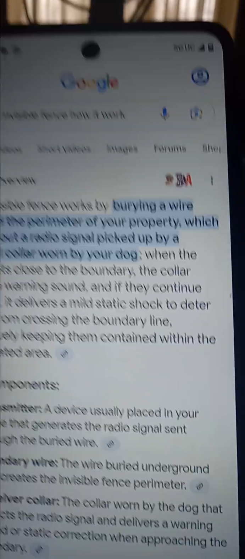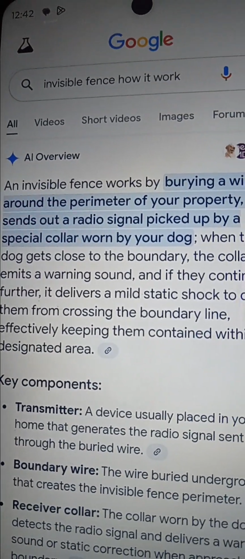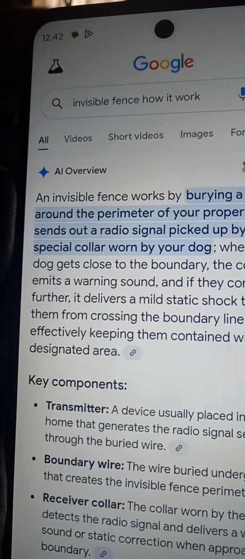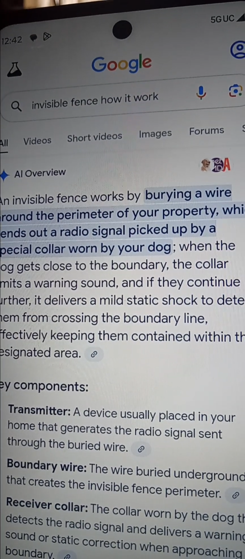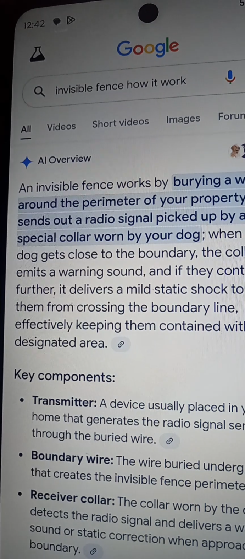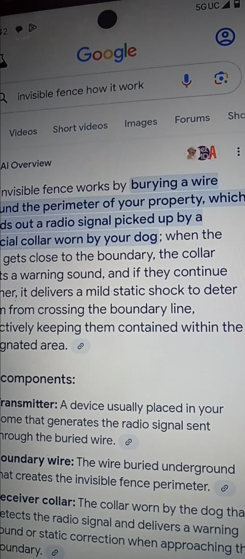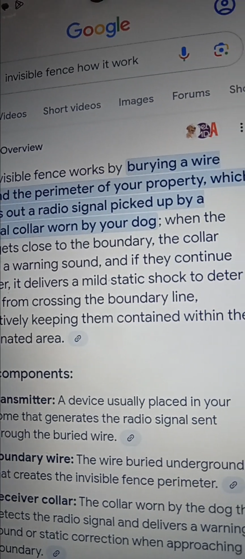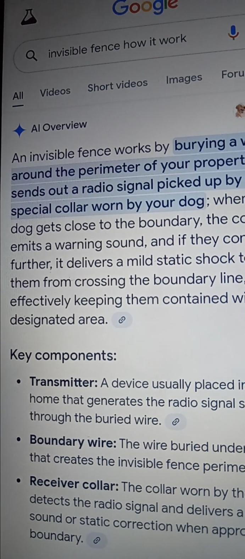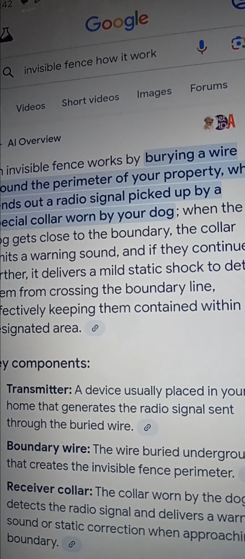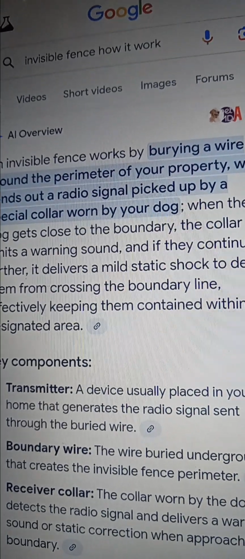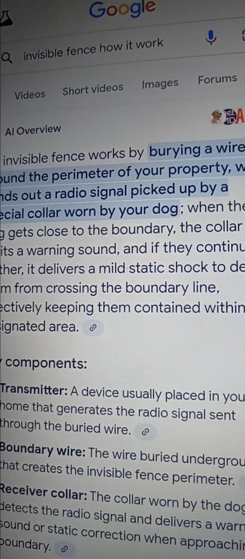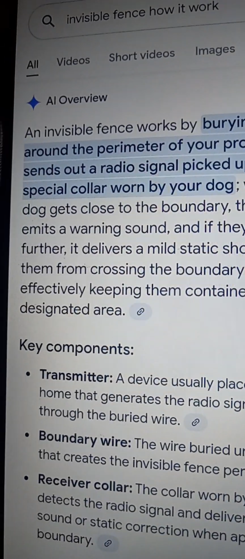How crazy this is. An invisible fence works by burying a wire around the perimeter of your property, which sends out a radio signal picked up by a special collar worn by a subject. When the subject gets close to the boundary, the collar emits a warning sound, ultrasound. Maybe something, beep, beep, beep. Or how about a sound that you can't hear and another subject can hear? And if they continue further,